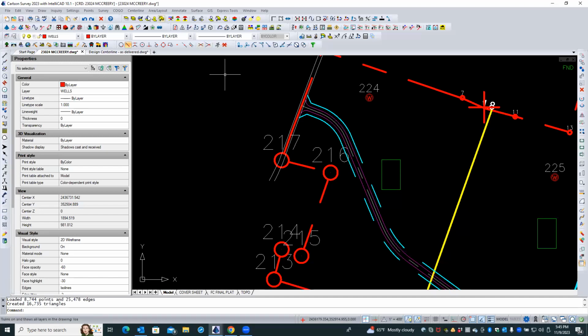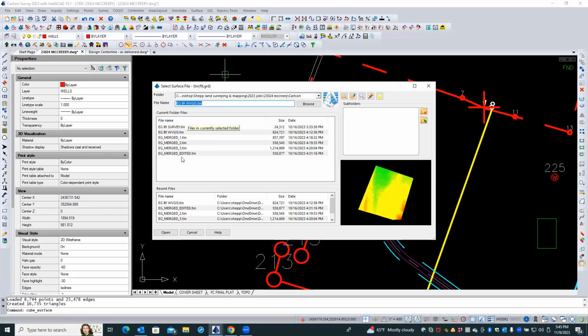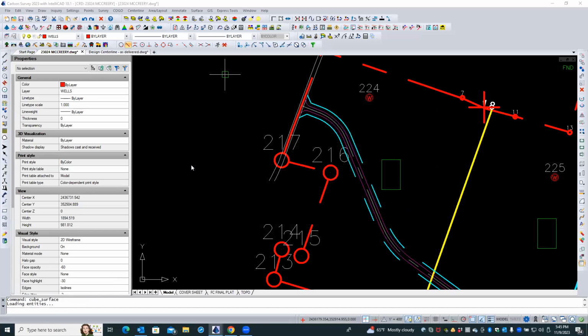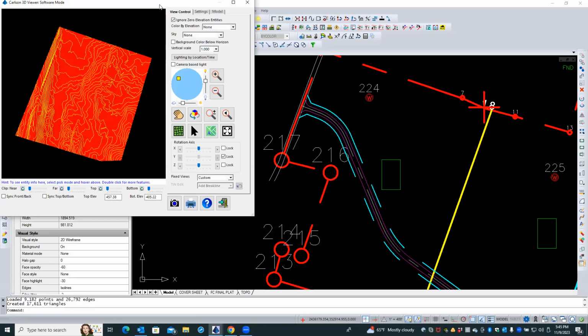Well, okay, so where did you find that again? These are all surface files. These are TIN files. They're in our folder. Okay, this is all that work that we did before. Now we've got this merged and edited. So if we look at that, and I'm betting that that has,